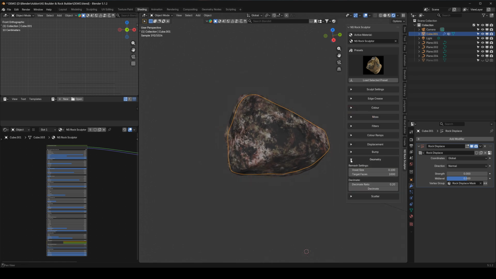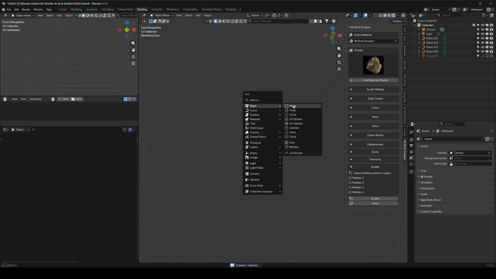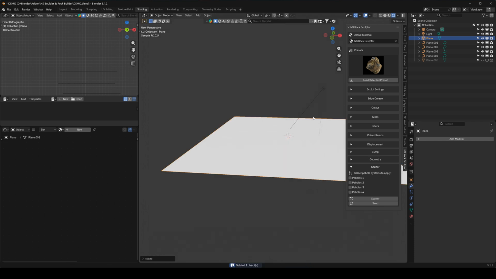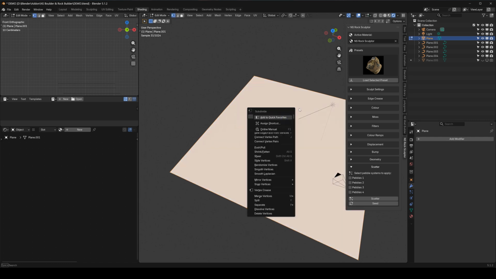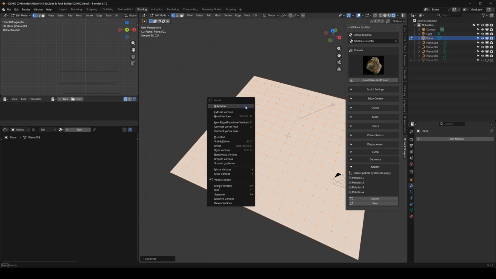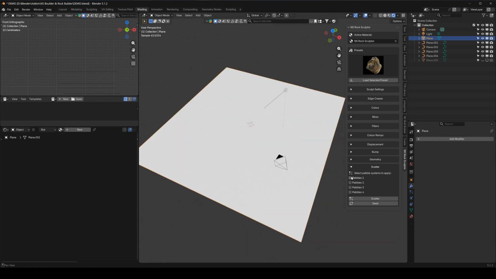And I might as well, in that one, show you the scatter. This will be geometry and scatter. So let's say, yeah, I want to scatter. So let me get rid of that. You need something to scatter on. So let's just pull up a plane. I'm going to apply those transforms. You can press Control A, and then I'm going to just crank that up. Okay. And now if I click Pebbles 1 and scatter,